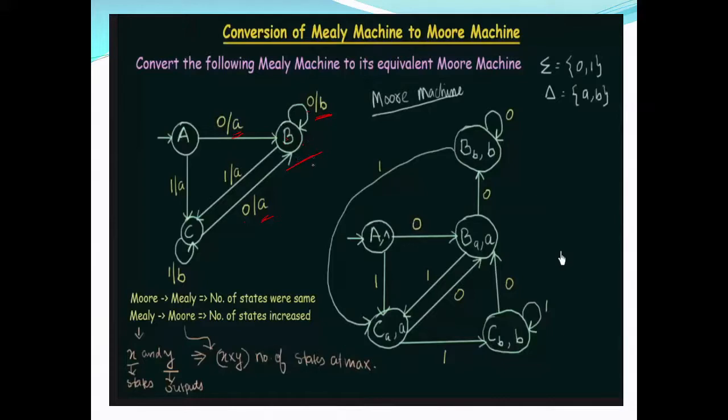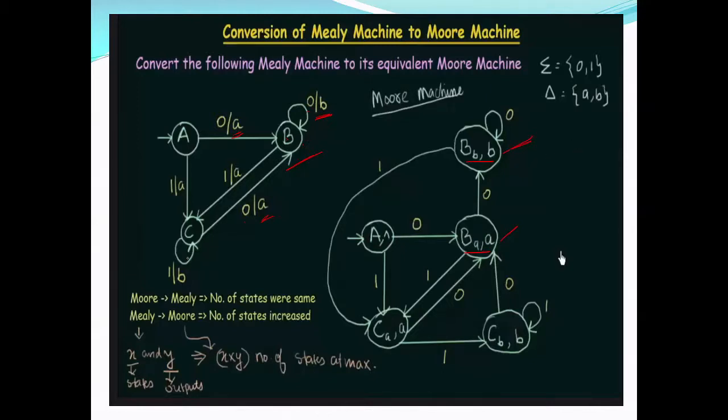Suppose there are 3 different outputs, then you can triplicate this state. Here, whenever you are entering into B, in some points you are getting A, in some points you are getting B. So I require 2 copies. If there are k different outputs, you require k copies. So now B is replicated. One is giving A, another is giving output B. One copy is A, another copy is B.